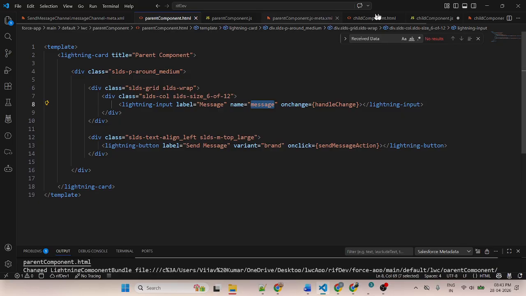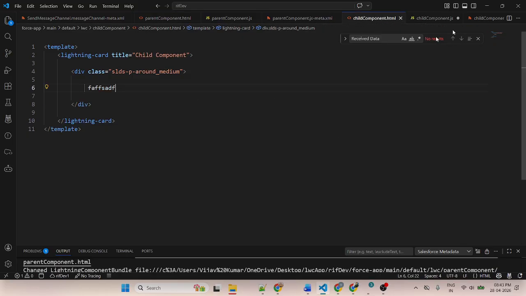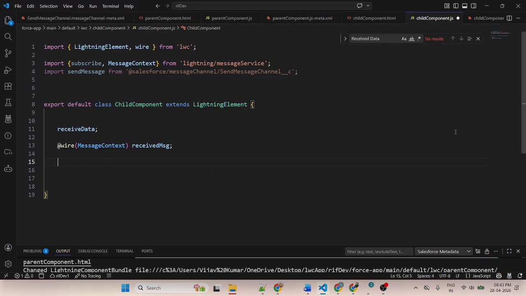Now, in this child component, there is no button. So here I will use connectedCallback, so that when the button is clicked and the data is passed, the data will automatically populate into the child component. Connected callback automatically executes whenever the component loads in the browser.